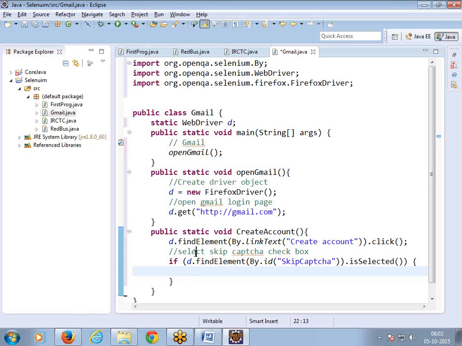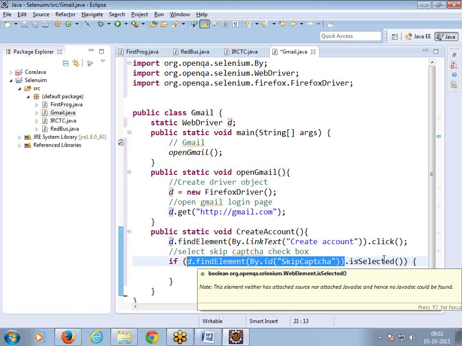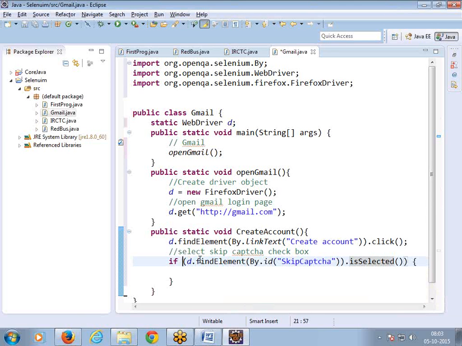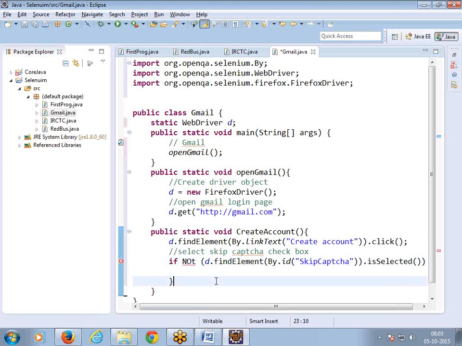But what action do we want to execute? Selection action I want to execute. But the checkbox is already selected. So in that scenario, we should not touch that checkbox. We should not click on that checkbox because it is already selected. When should you click on that? If the checkbox is not selected already, then only we have to click on that to select that checkbox. So using this if condition, we are checking whether this element, what is this element? Checkbox element is selected. If it is selected, so here we have to put not,